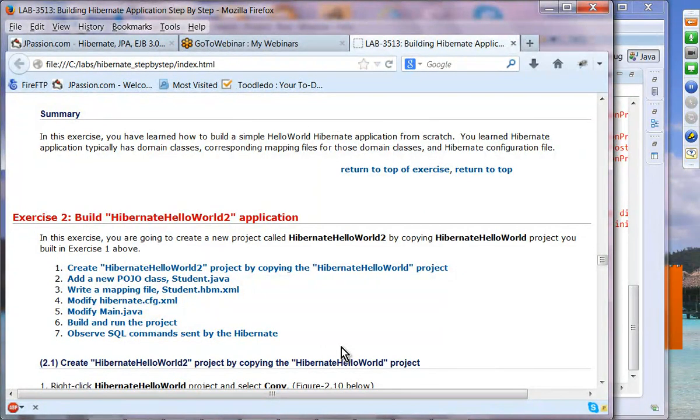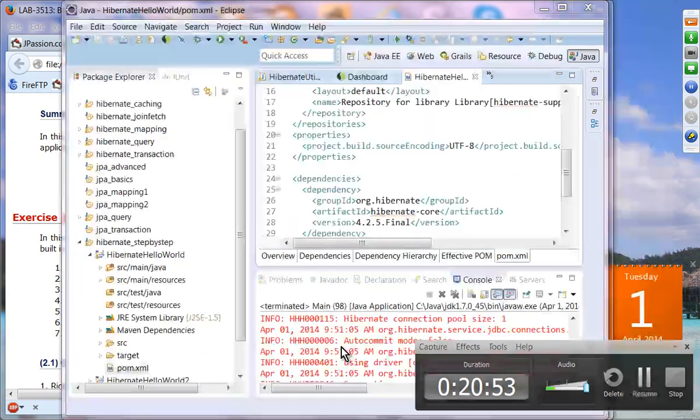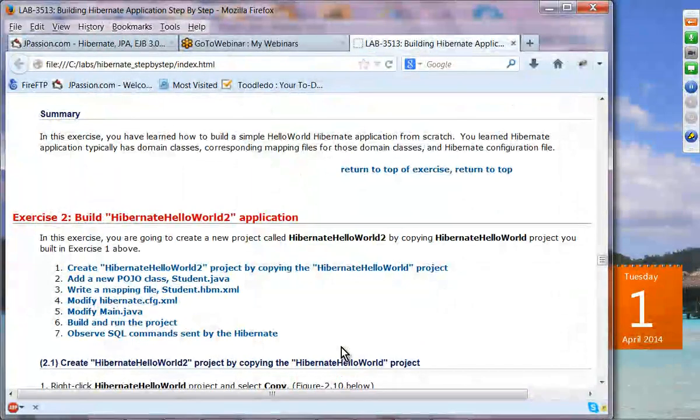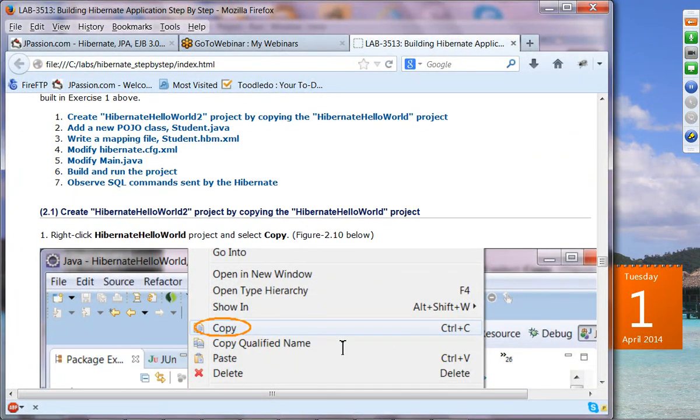Why don't I actually give you guys about 15 minutes to do exercise 1, then I'm going to move on to exercise 2. Okay. All right. So let me just explain exercise 2, and then I'm going to give you a few more minutes. So exercise 2, here we are going to add another class. Okay, so here you can just change the existing Hibernate Hello World application, or you can create a new project by